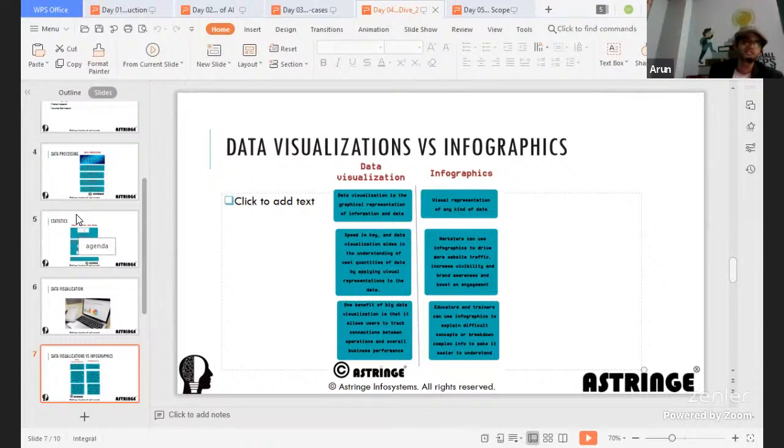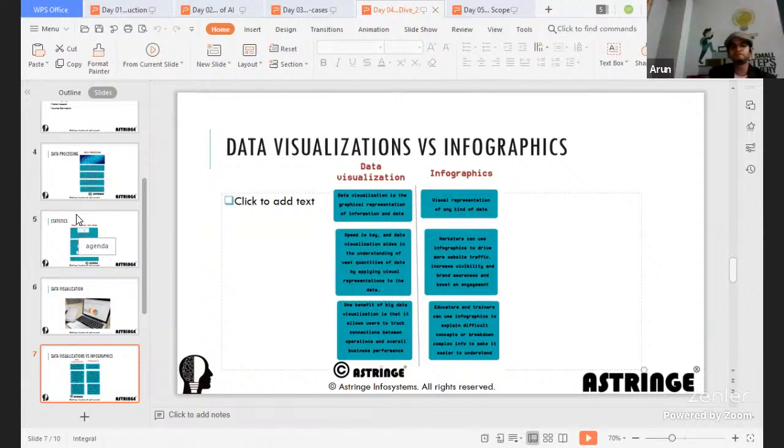But if it is humongous data, then data visualization or infographics techniques are going to be crucial in finding patterns. Data visualization can be created as a report and automated as well, and those automated reports can be fed into AI models so that they derive meaningful insight out of it. So this is one aspect of data visualization, particularly its benefit for AI.